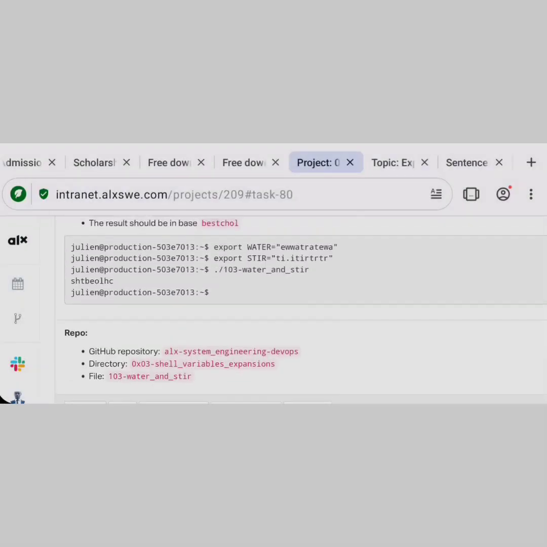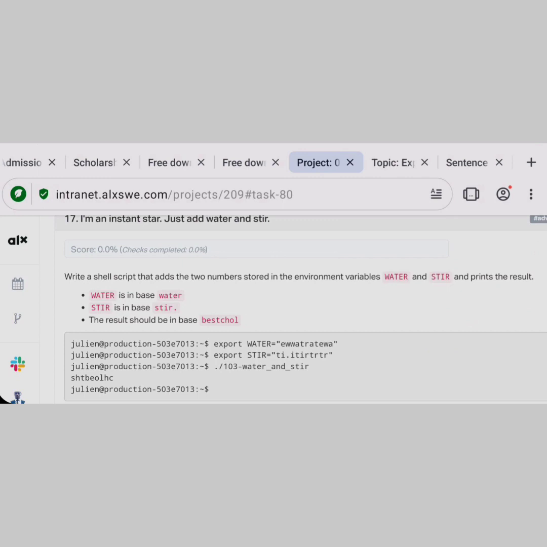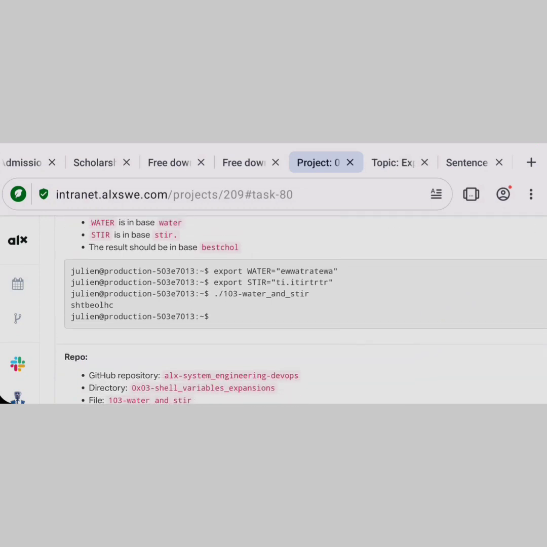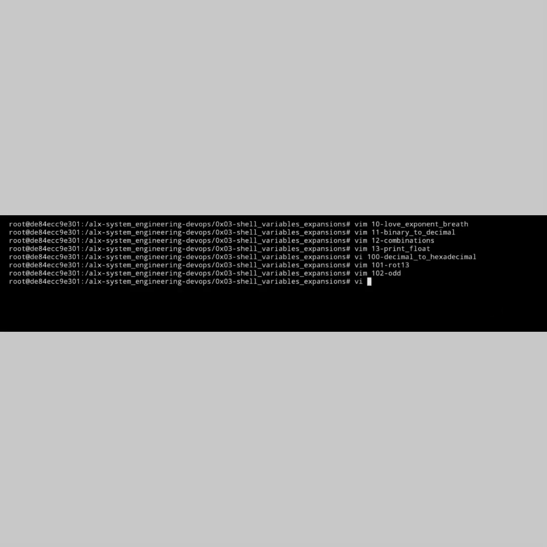For the last one, which is number 17: write a shell script that adds 2 numbers stored in the variables water and stir and print the result. Water is in base water, stir is in base stir. Base means it should be in its original form, so the result should be in base ten. Let's copy the file name and check what is happening under the hood. Let's use vi as usual, though you can still use touch and provide the file name, but I'm going to use vi because we want to edit and